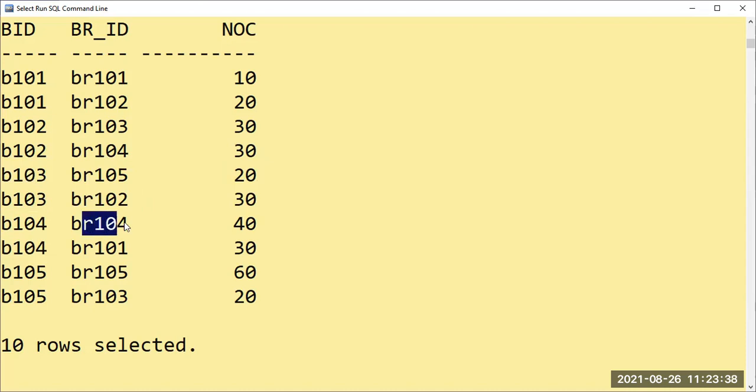So it is available for branch 4, 104, and for branch 101. Coming to the point of finding the number of copies of data structure, for branch 4 it is 40, and for branch first it is 30. So total copies for the data structure for both the branches, it is 40 plus 30, which is 70. Okay? And then the last book, what is it?